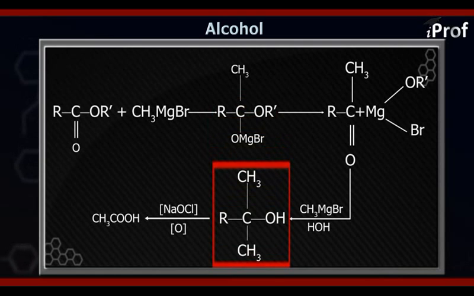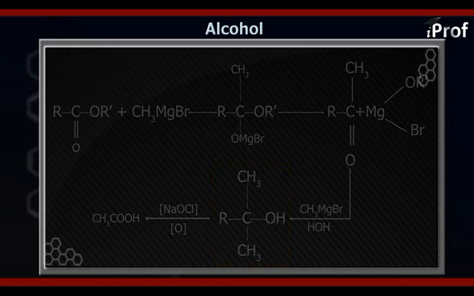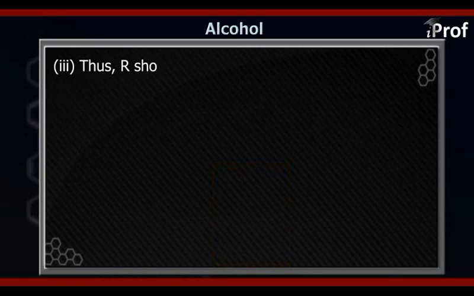So the basic structure of the ester which we have presumed is R C double bond O, OR dash. Now if you replace this R by H, then the possible structure of the ester is H C double bond O, OR dash. Another point again which is important over here,